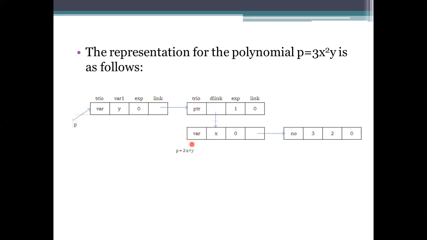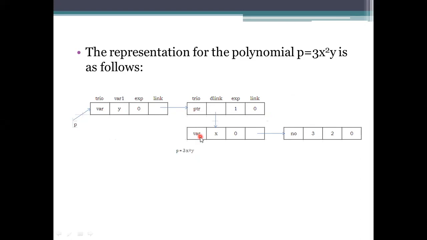If any nodes are there, no such nodes are there, so it has to be specified as 0. Okay, now for the processing here. The trio we are using, this one is the variable, and this trio has been considered as a pointer.